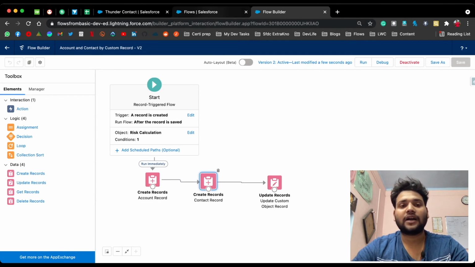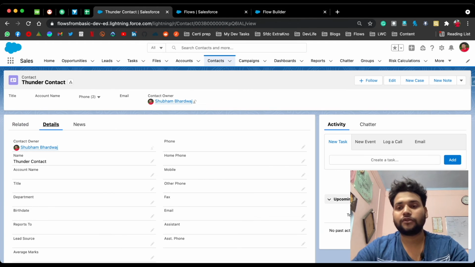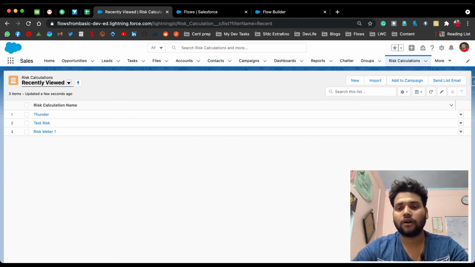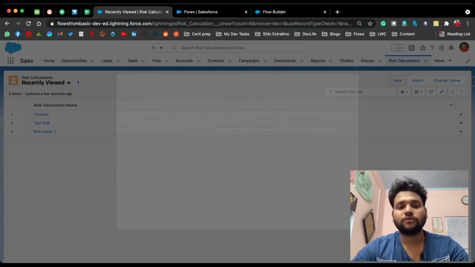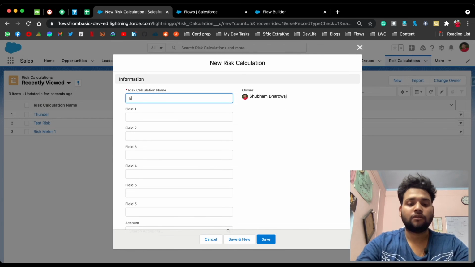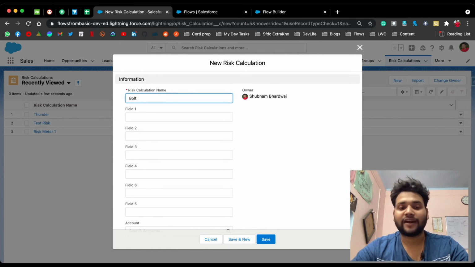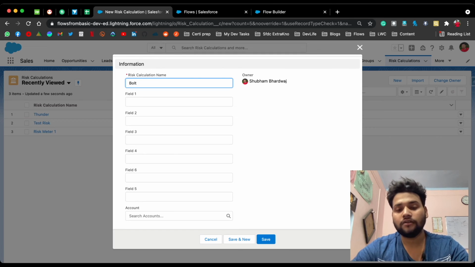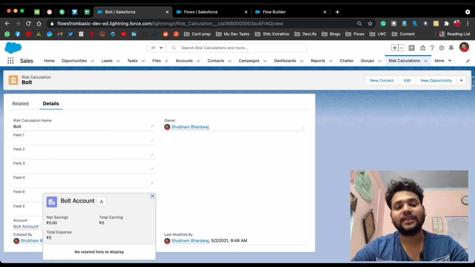Now again move to our sales application, and we are going to create a new risk calculation record. Let's click on new. Let's type Bolt, and I'm not going to provide any account name to this record, and click save. So as you can see, in account, Bolt account is automatically populated. That is our newly created account.